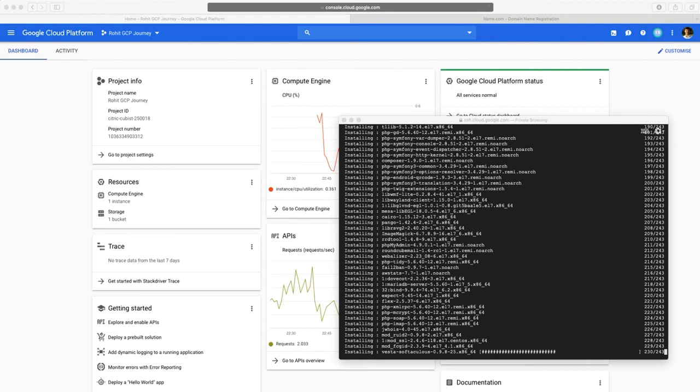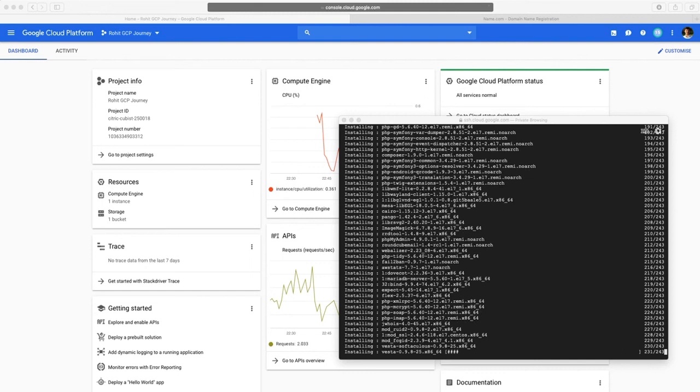I clicked on creating a new IP address by giving a name and selecting the standard option. Always remember that in the network service tier, we have to select the standard option and not the premium option. And then hit reserve